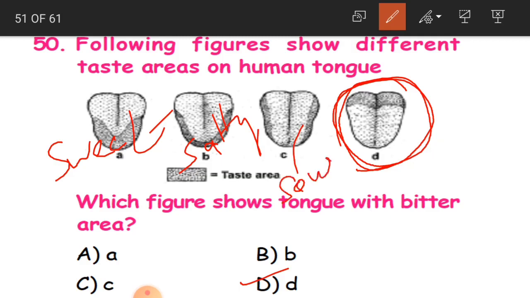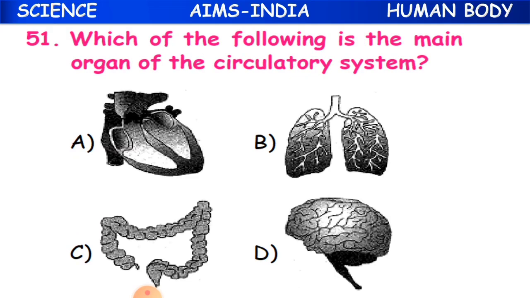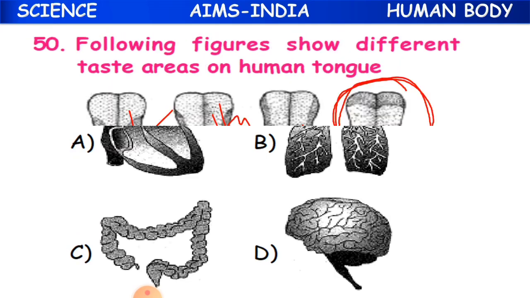Sour taste in the sense, like vitamin C, like oranges, lemon, such types of fruits, when you eat, you'll have this sour taste. Okay, children? And D is for bitter taste. If you eat something very bitter, like medicine, a tablet, if you just swallow it, it's okay. Suppose you put a tablet on your tongue or chew it under your teeth, you feel it very bitter. So that is this figure, which looks like this.